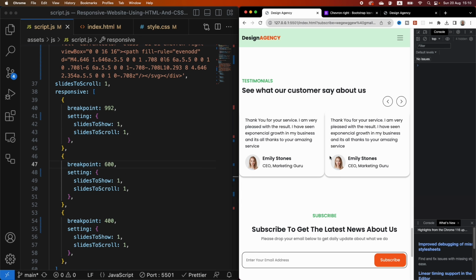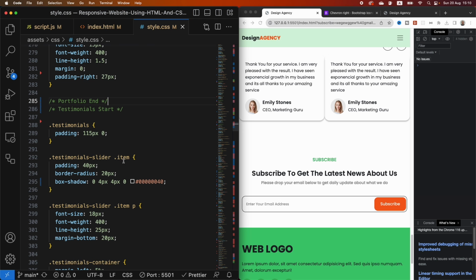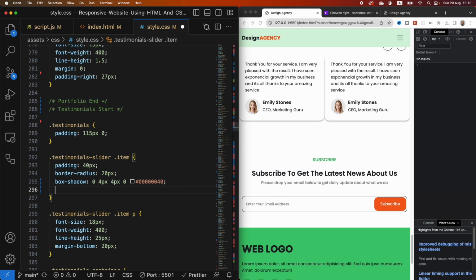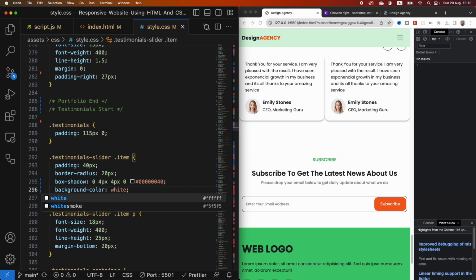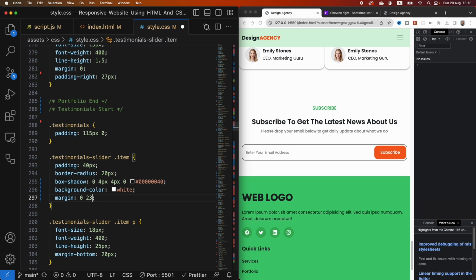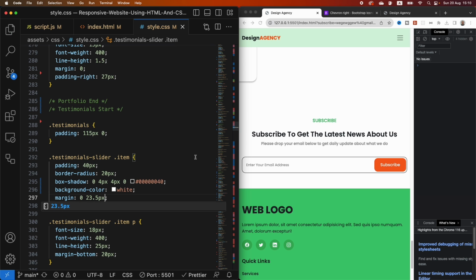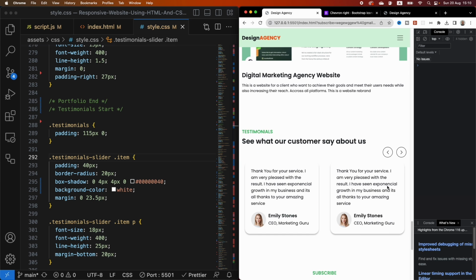I see also we're lacking some padding here. If we go to our style here and we go to our testimonial slider item, line 292 in my style sheet, I have forgotten to add a background color of white and also margin here. It's the margin, not padding. 0 and 23.5 pixels. And there we go. Reload that like so. And we see we have our slideshow